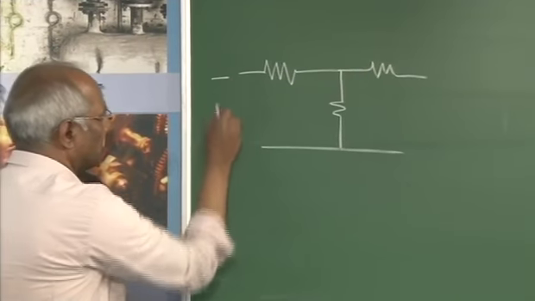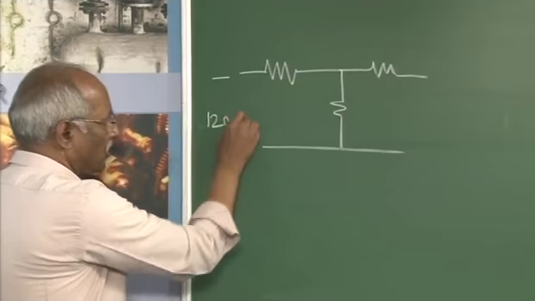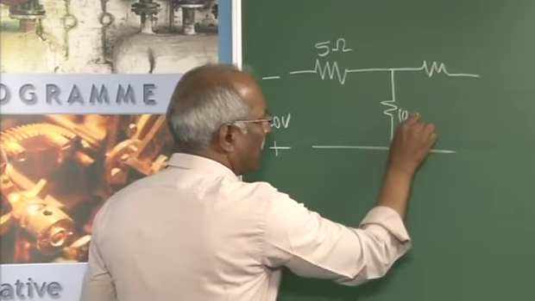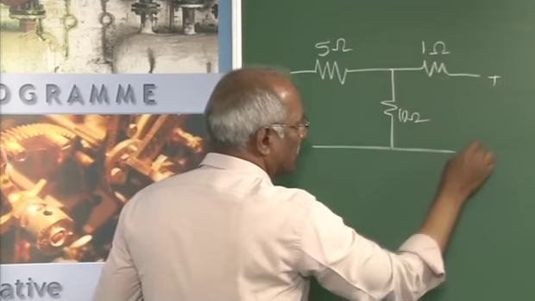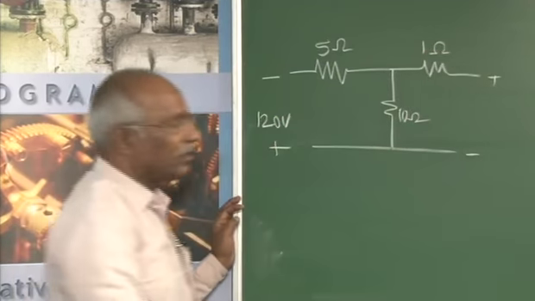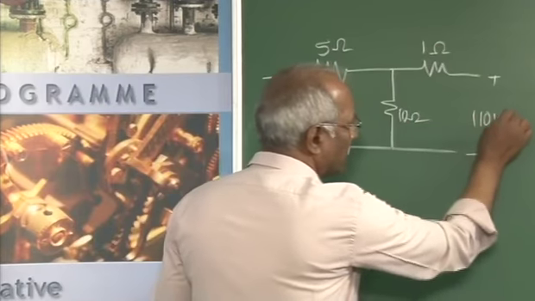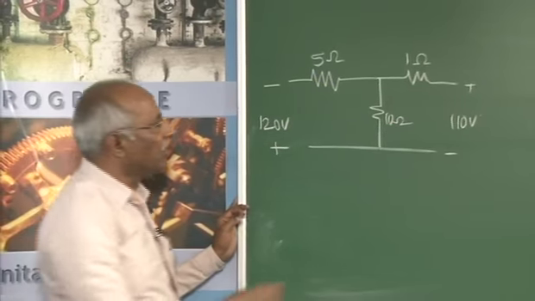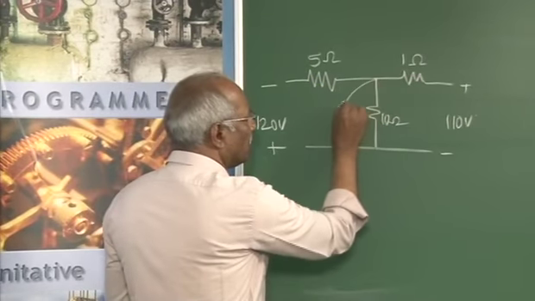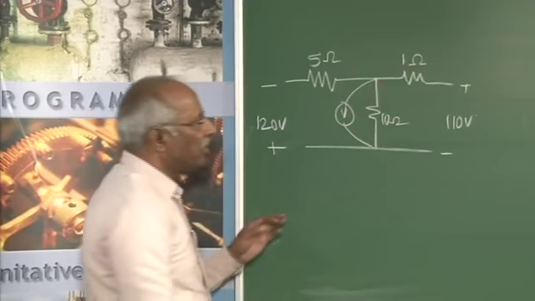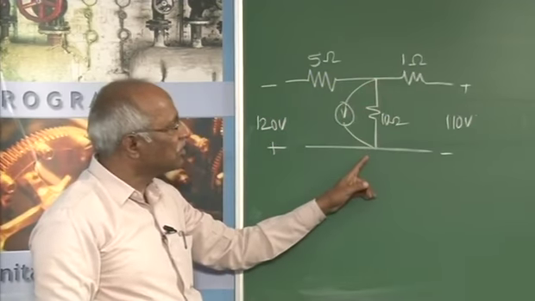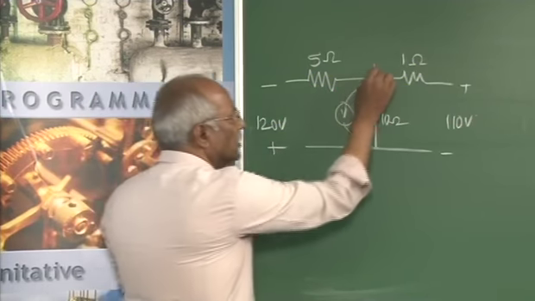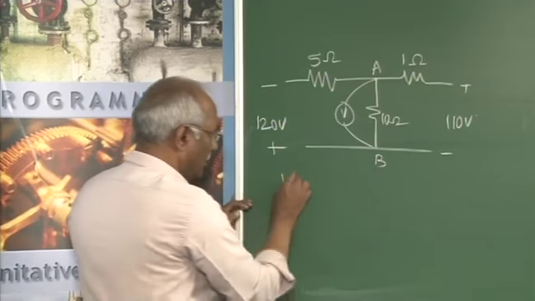This has been given as 120 volt, 5 ohm, this is 10 ohm and this is 1 ohm, this is 110 volt. It is required to find the voltage across 10 ohm. If I connect a voltmeter here, it records the voltage across this 10 ohm, which is nothing but the drop in this 10 ohm. If I call this A and B, the voltage VAB